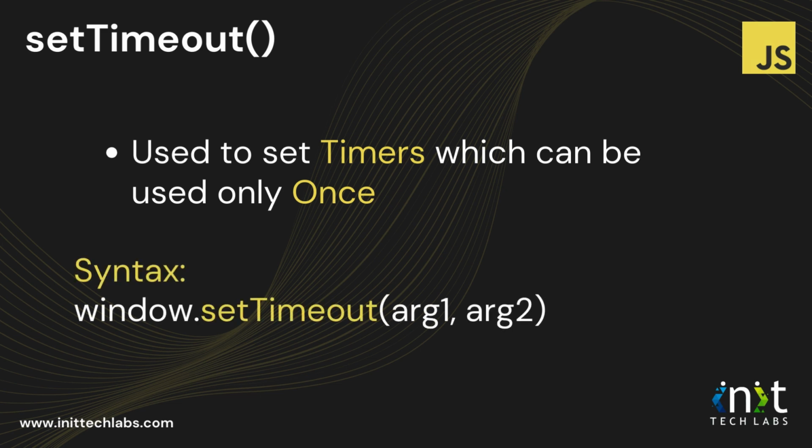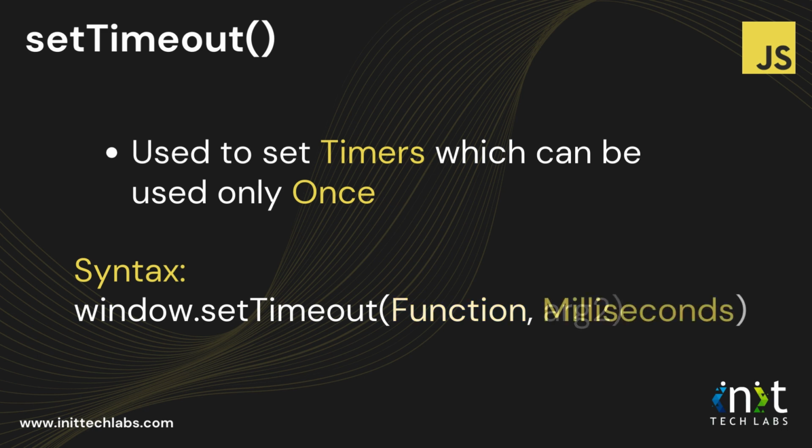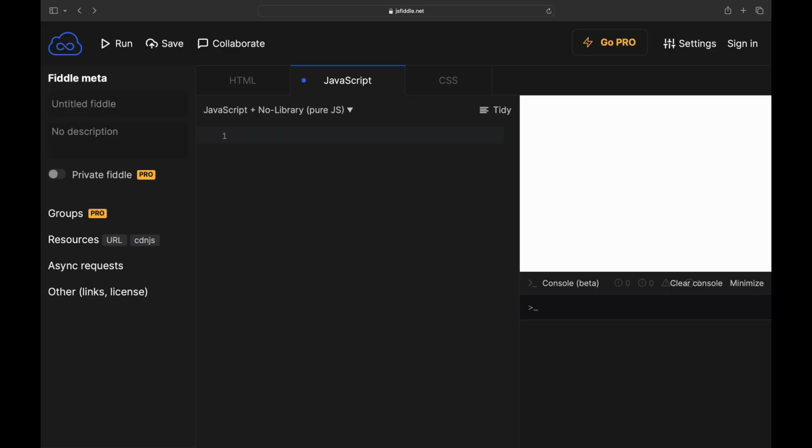You call the method first and it will take in 2 arguments. First is a callback function where you can define the code to execute once the timer is complete. And the second argument will be the time in milliseconds. Let's see it practically. To call the method, I can write